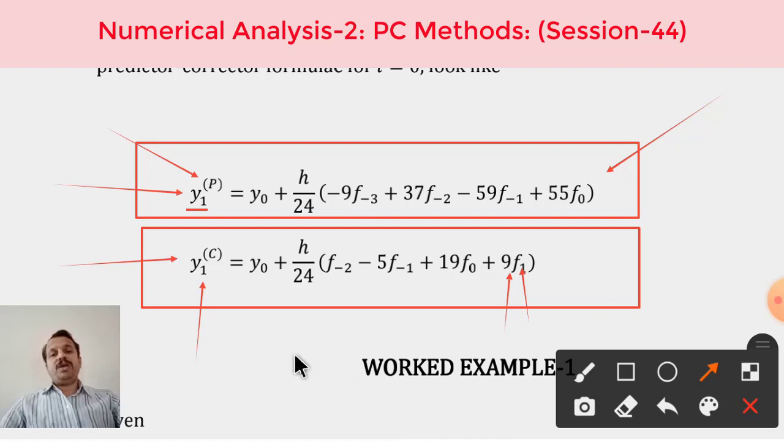And again we can go for the second improved value of y1, and so on, we can proceed to get the successive improvements of y1. Therefore this formula is an iterative type of formula, and this iteration will come to an end when two consecutively corrected values of y1c are the same up to the desired number of decimal places. Then we can stop the process of iteration and we can consider the final value as the required solution.